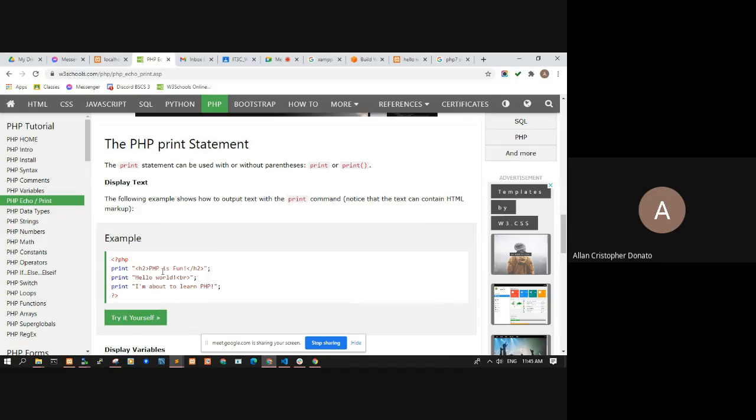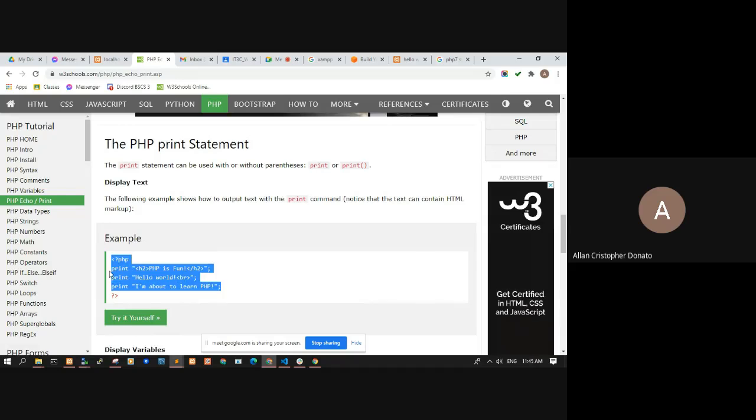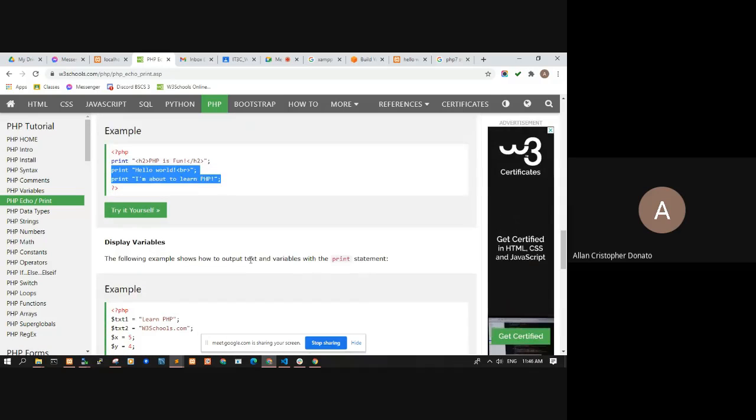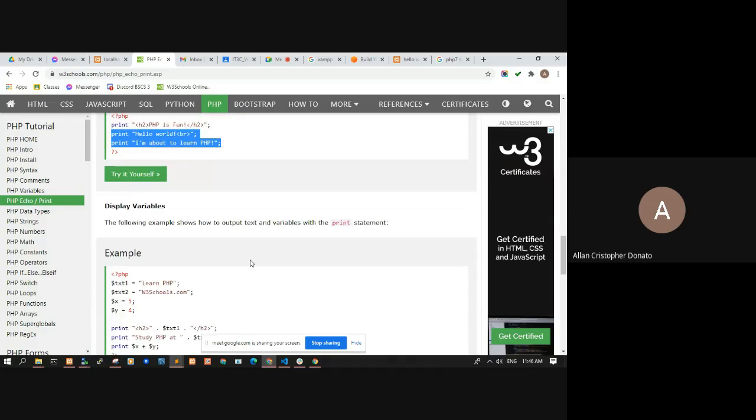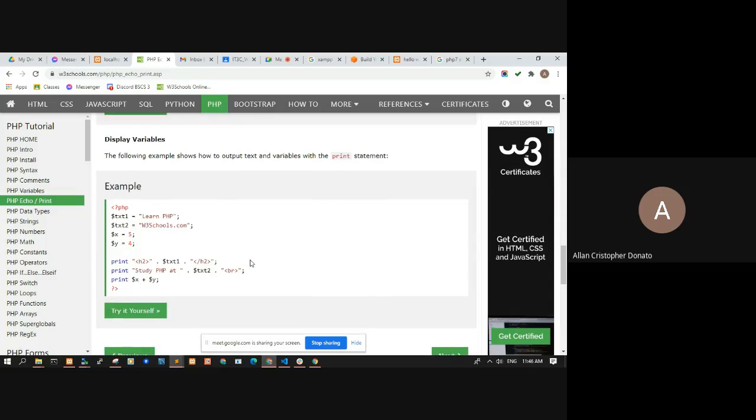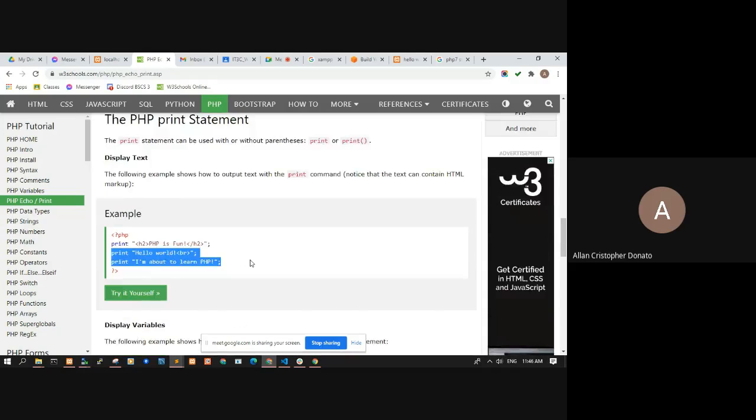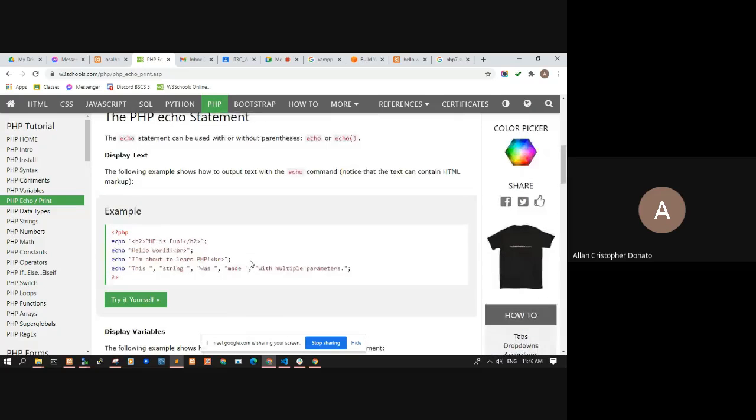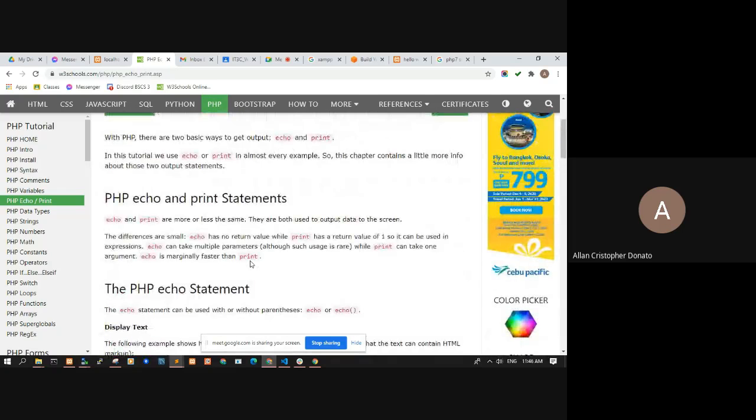Here's an example, print. Okay? But usually we use echo. Says here that echo is marginally faster than print. So I think just use echo.